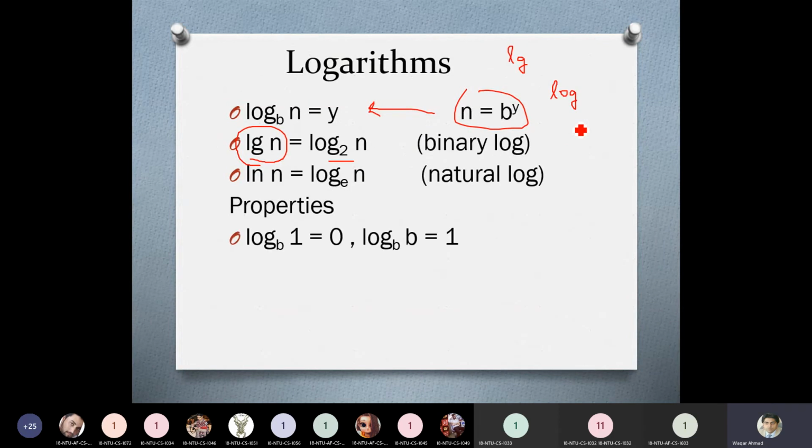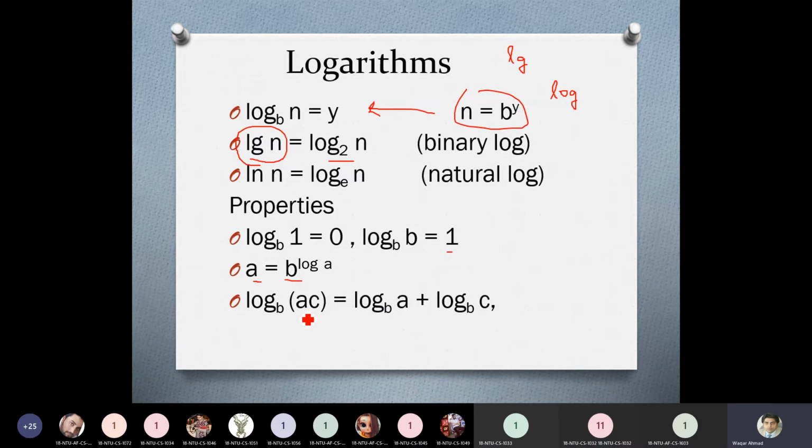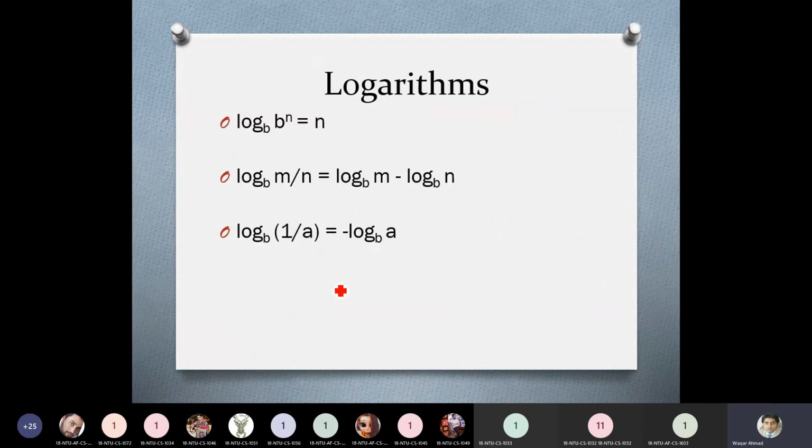Logs have many properties. Log of 1 is always equal to 0, and if the base of the log is the same, its answer is equal to 1. This term can be written like this, where base b is the base of the log, and we can also convert this term to this term using the properties of the log, along with some other different properties.